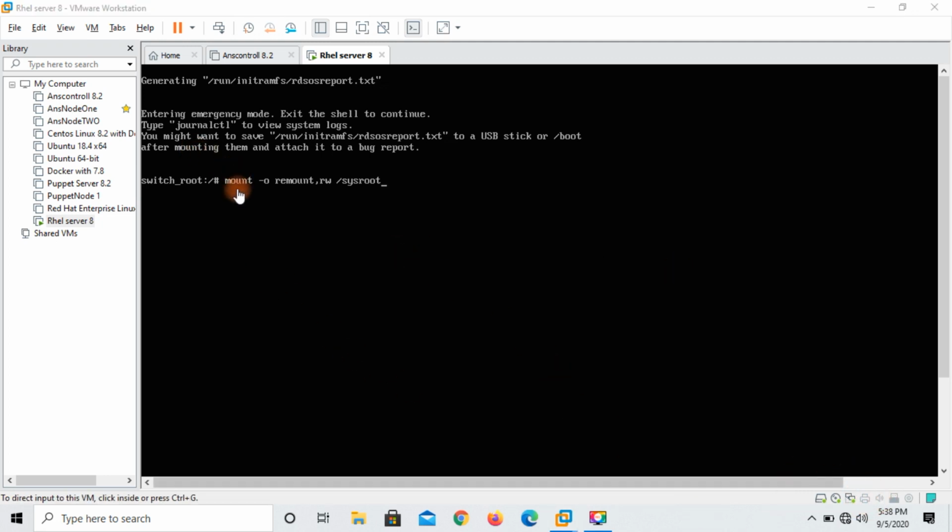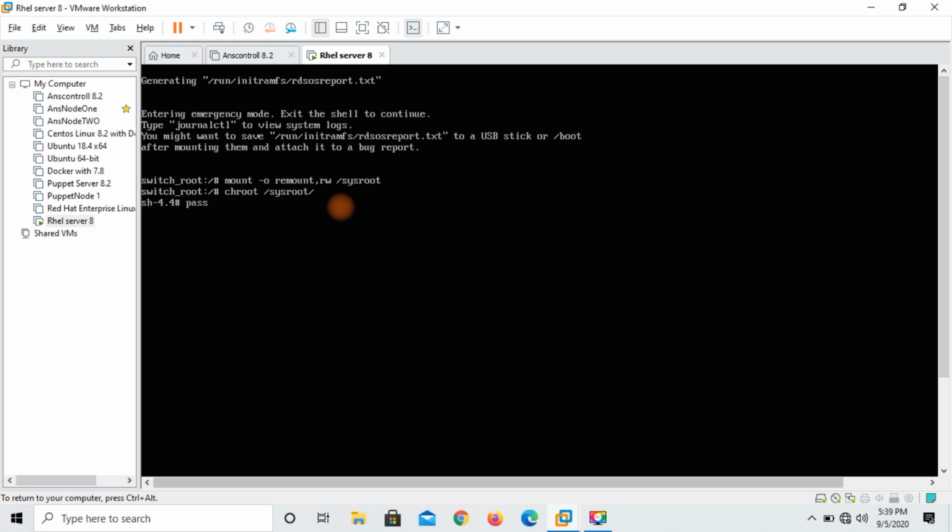It means my RHEL server hard disk is mounted under the sysroot directory. Then press enter and then type chroot /sysroot. It means I have been given all permissions of the sysroot directory.